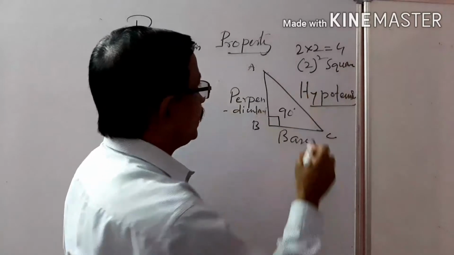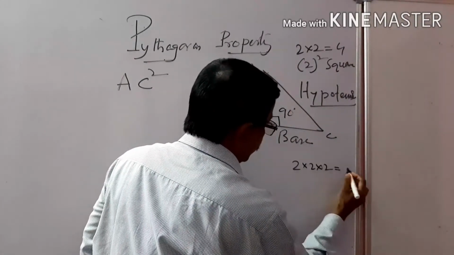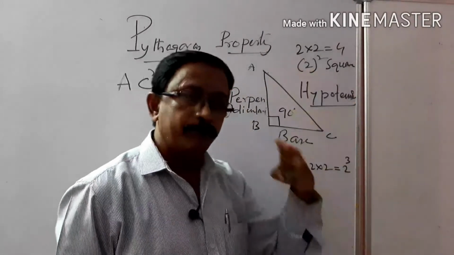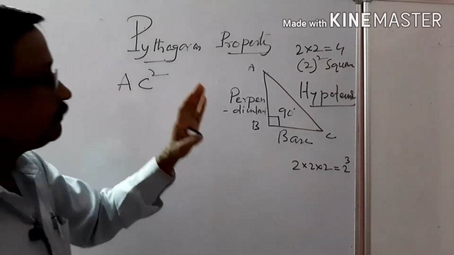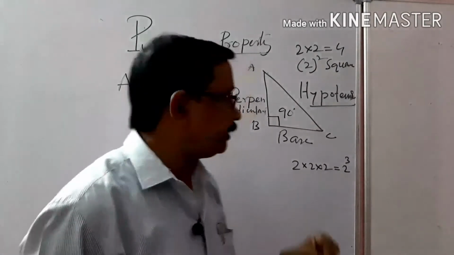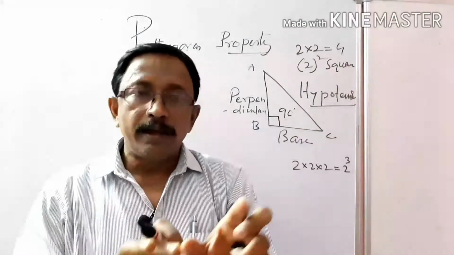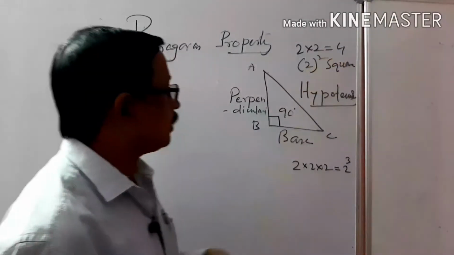If you multiply 2 three times, 2 into 2 into 2, we know this one is a cube. That one you will learn in the next class, but this one, given in class 7, I am giving a little idea about that one. Once you write square, what does it mean? Same thing: if you multiply 2 times, then we get the square form.